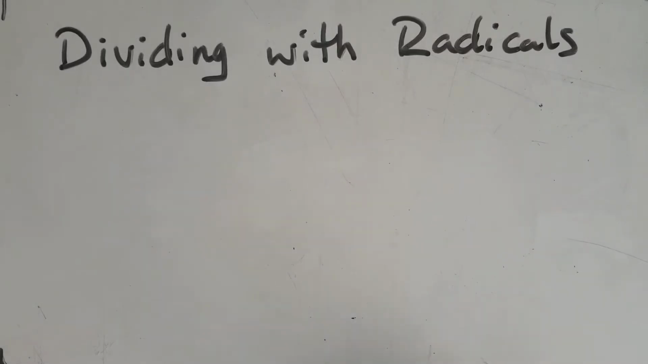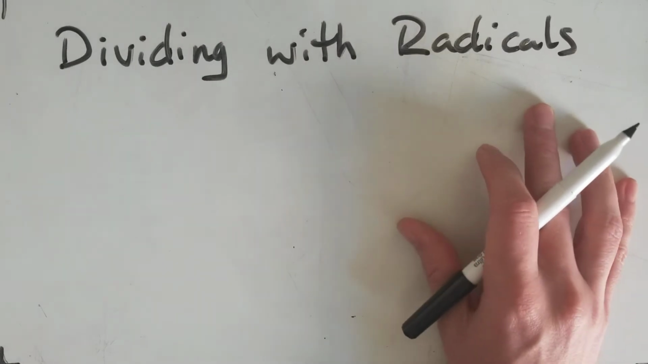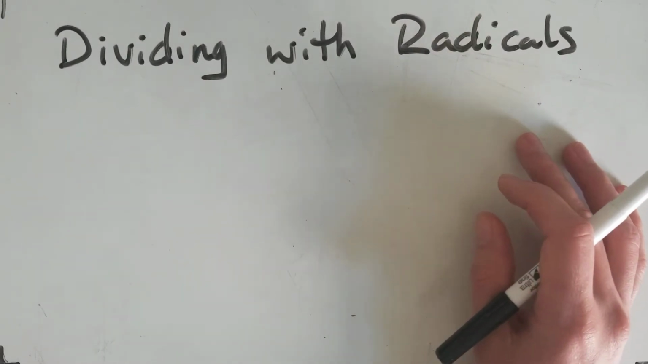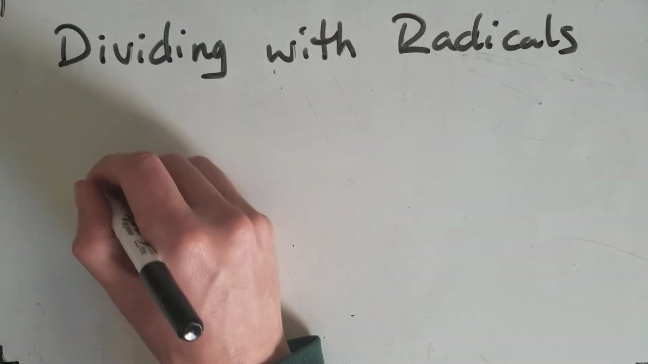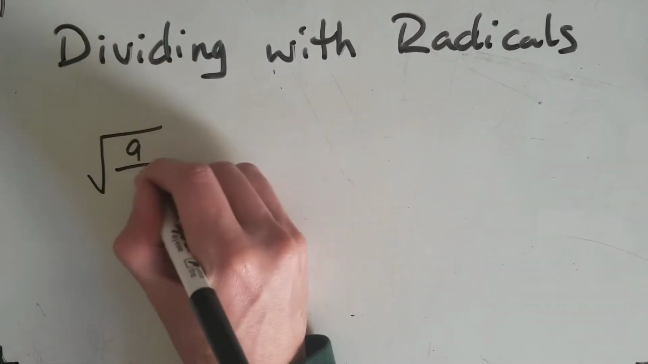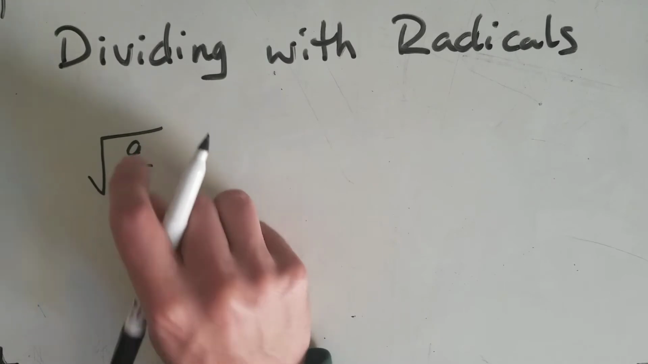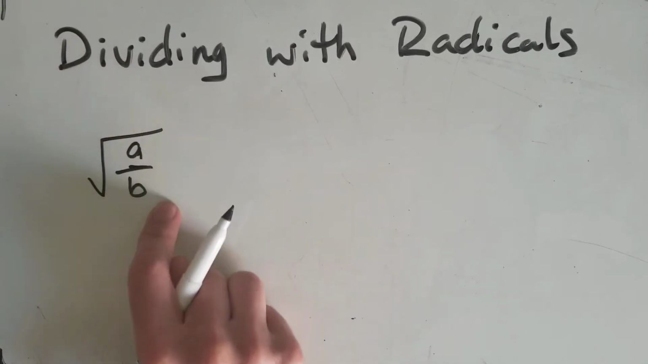Hey guys, in this video we are going to talk about how to divide when we have radicals involved. And in order to do this, we're going to start off with a property. It's called the quotient property of square roots. And this property says, if you have the square root of a fraction, a